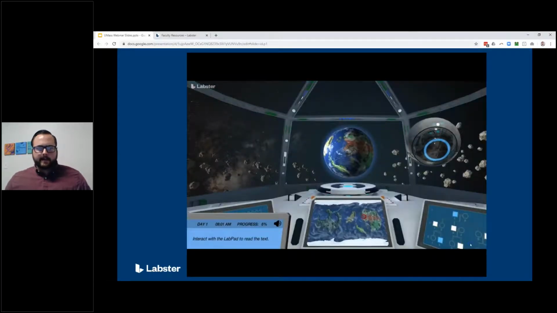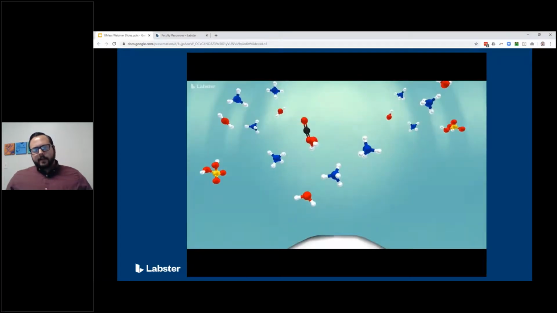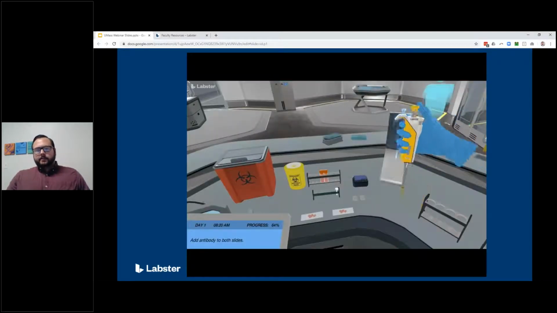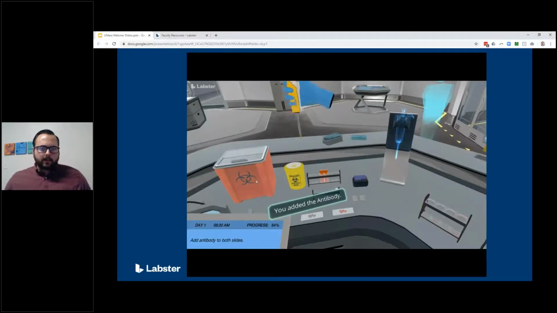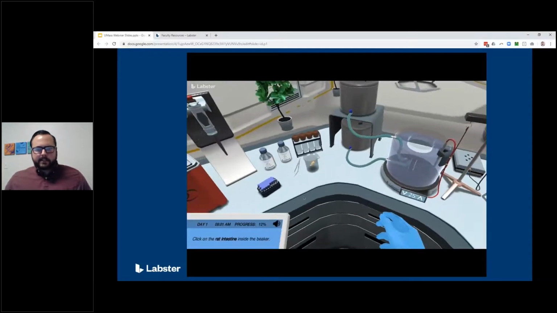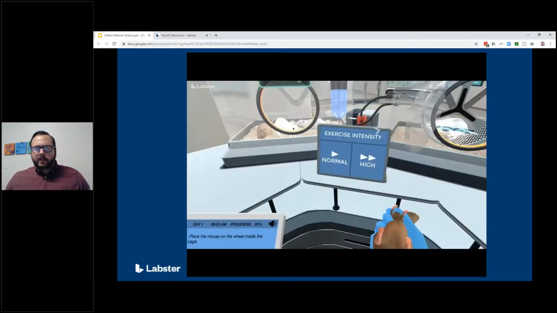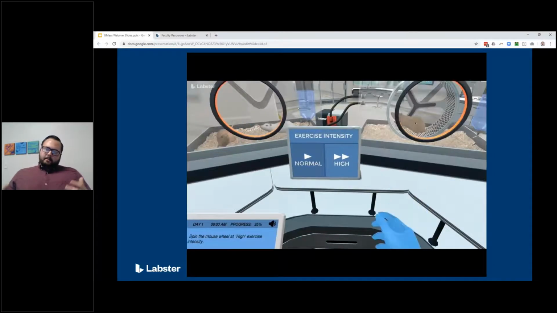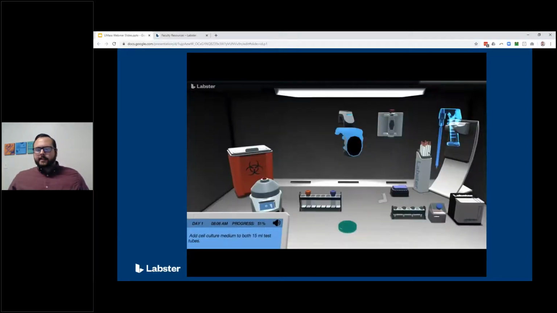Instead of just being that simple digitized version of the real lab, the platform actually allows for the students to learn in a way that's not possible in the real lab environment. We incorporate interactive cellular and molecular visualizations so students can learn what's actually happening, go inside cells, molecules, know that it's not just magic. Multiple choice questions throughout to keep them on track. And like I said, most importantly, the ability to really change those variables and make those mistakes.